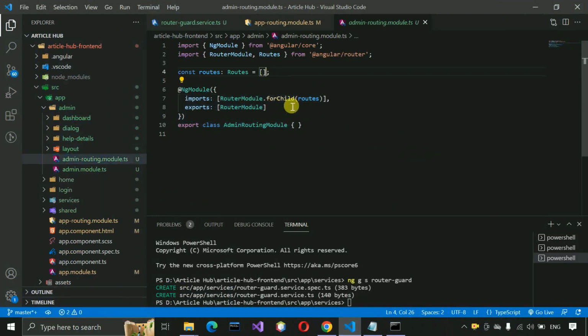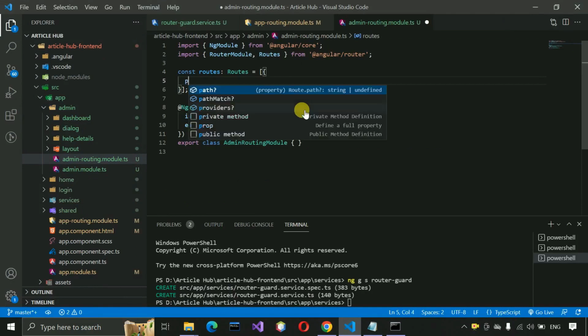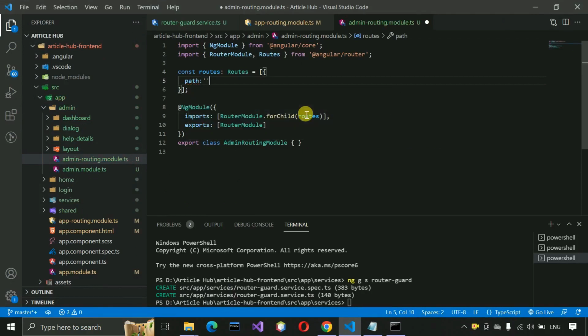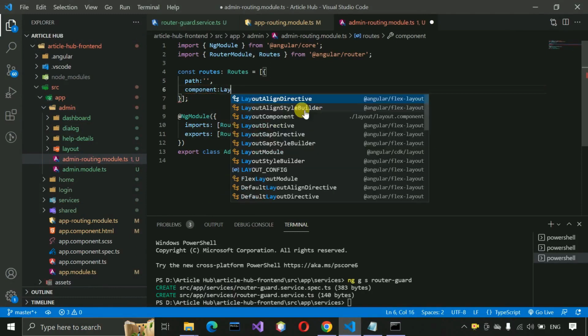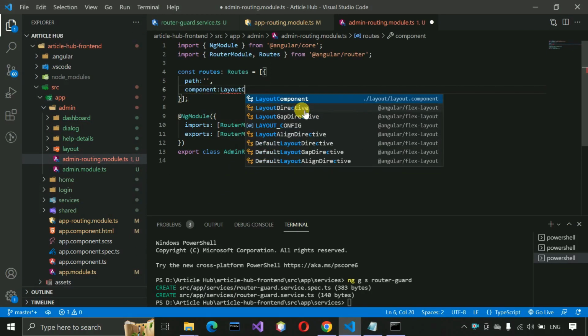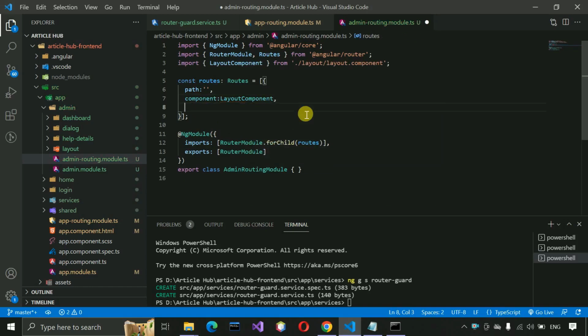Okay, so let's write here some code related to the routing, and here path and single quotes, and after that component, and here we need to load layout component. And inside this one, in the layout we are going to create the structure. Let's say in the left side we are going to show the buttons, and right side we are going to show the corresponding contents related to those button actions. So for that purpose we need to write here children,